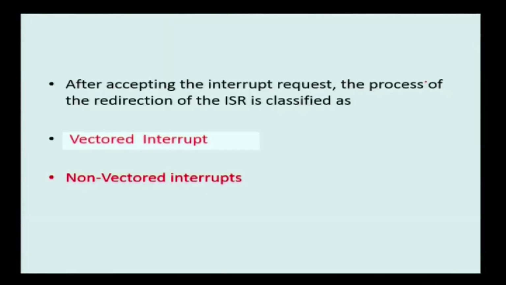So in that case you need some external help to know the principal's address. The same attender then calls your class teacher to meet the principal. Now the class teacher meets the principal directly without any help, because she knows the address of the principal's room. So here the teacher is classified as a vector address because she knows the address, while the student does not know the address. So he needs help from outside, that is why it is called a non-vector address.